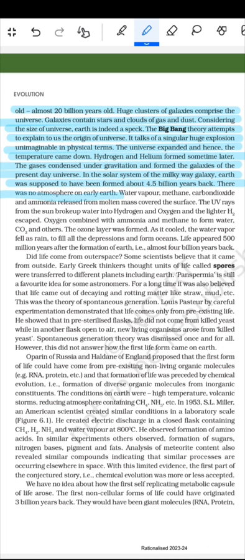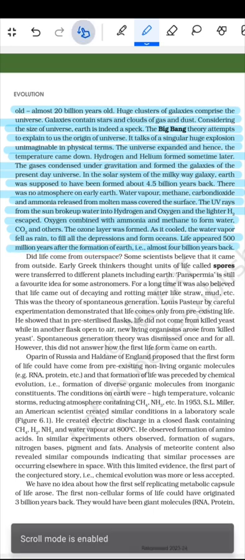back. There was no atmosphere on the early Earth. Water vapor, methane, carbon dioxide, and ammonia released from the molten mass covered the surface. The UV rays from the sun broke water into the hydrogen and oxygen, and the lighter H2 escaped. Oxygen combined with the ammonia and methane to form the water, CO2 and others. The ozone layer was formed. As it cooled, the water vapor fell as the rain to fill all the depressions and form oceans. Life appeared 500 million years after the formation of the earth, that meant almost 4 billion years back।